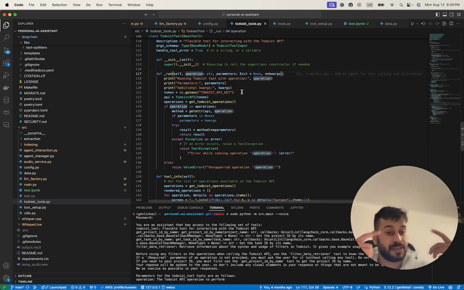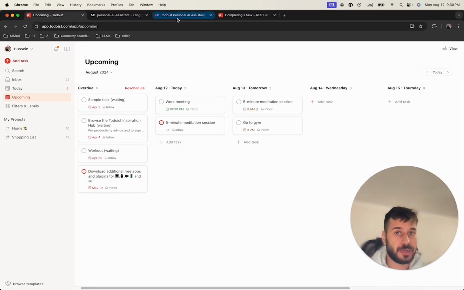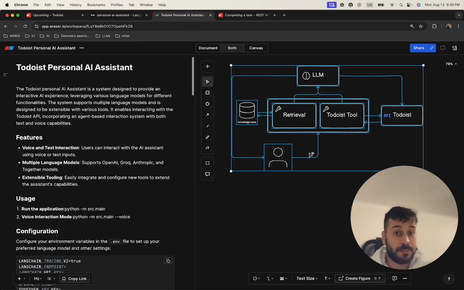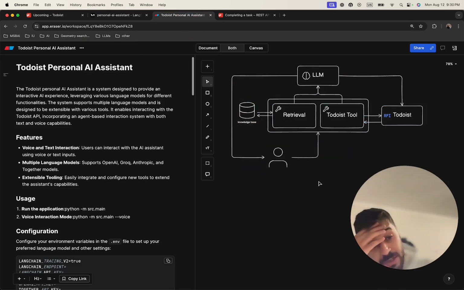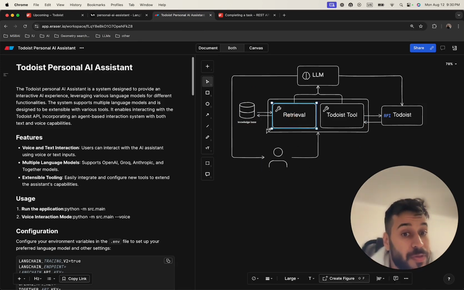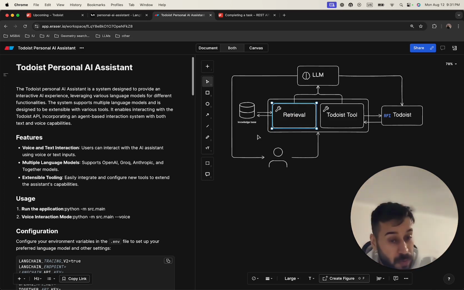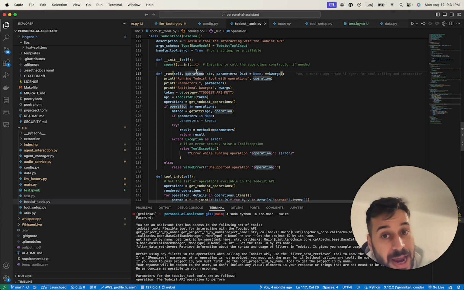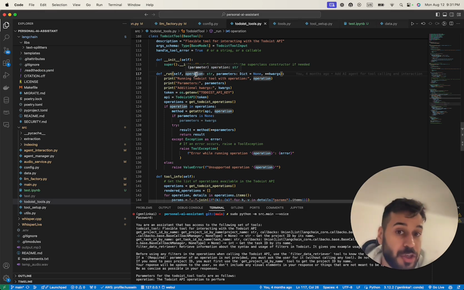So we give this information, and this information is stored in the knowledge base. The agent has access to this information through the retriever, the retrieval tool. I'm going to go into the retrieval tool in a minute, but just to give you an insight of where the agent can get this information about the operations, because the agent is actually going to run the tool